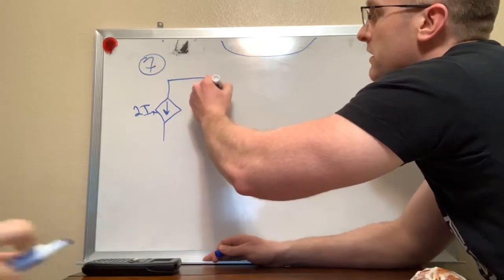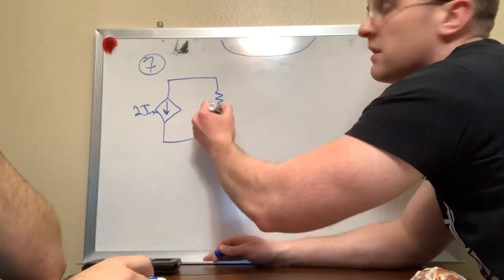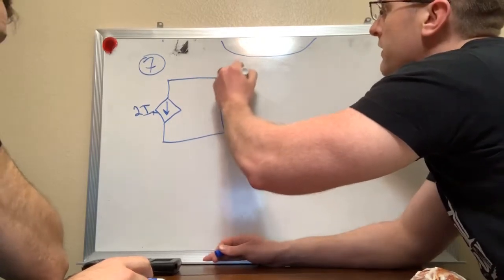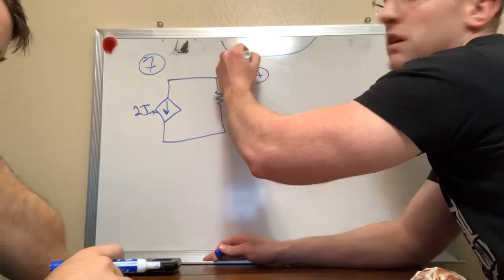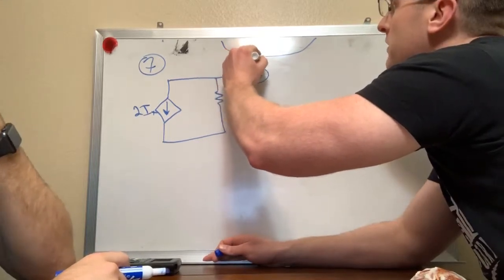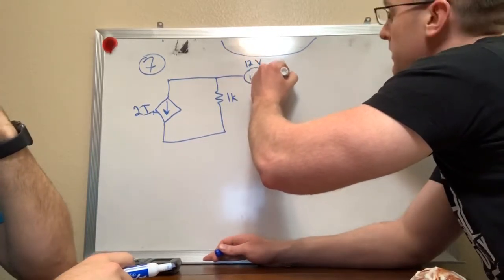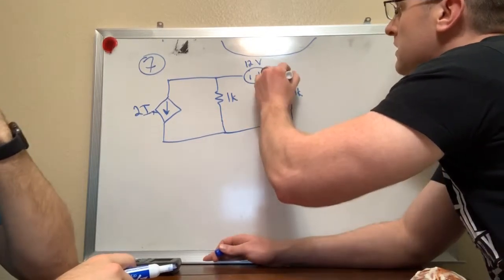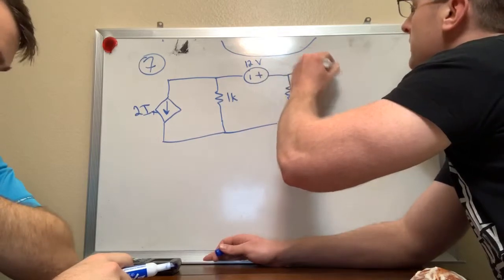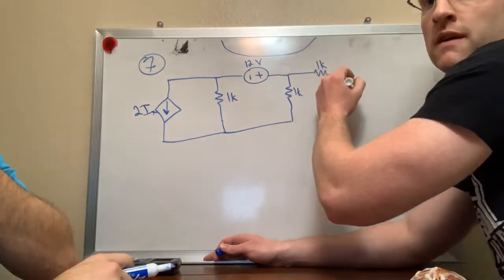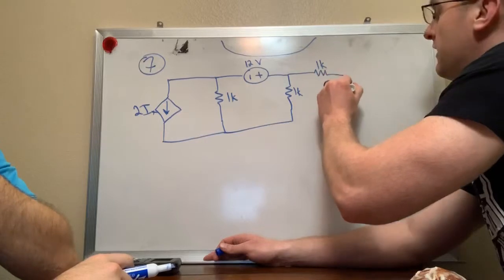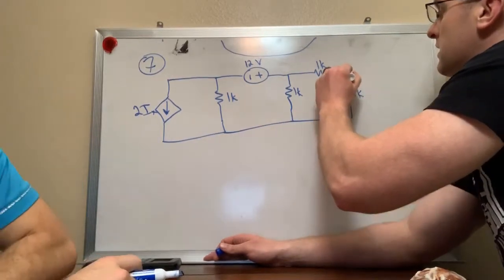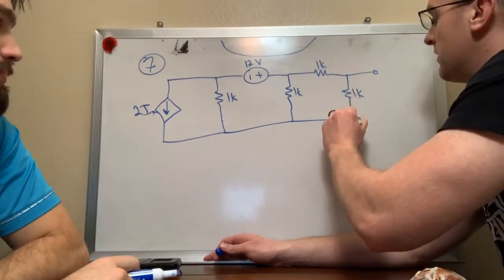We'll come over, you have a resistor with 1 kilo ohm. You have an independent voltage source with 12 volts. Another 1K resistor. You have another 1K resistor. And another 1K resistor, just to make it nasty. And then V out